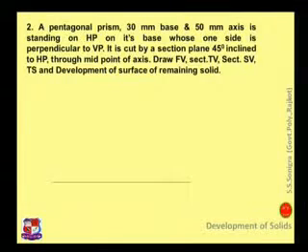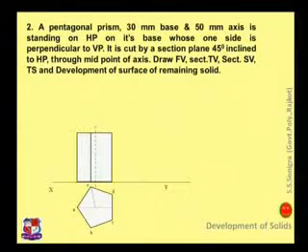So first we think about the first line only. Take care. Whenever you draw any problem of development, just think about the first line and then think what should be the first step. So the first step would be drawing the XY line and drawing a pentagon in such a way that one side is perpendicular to the XY line. After drawing this pentagon, name these points A, B, C, D and draw its front view as well. In front view, it appears as a rectangle with height equal to 50 mm and side length of this pentagon given as 30 mm. So this is the first line we have drawn as per the given condition.